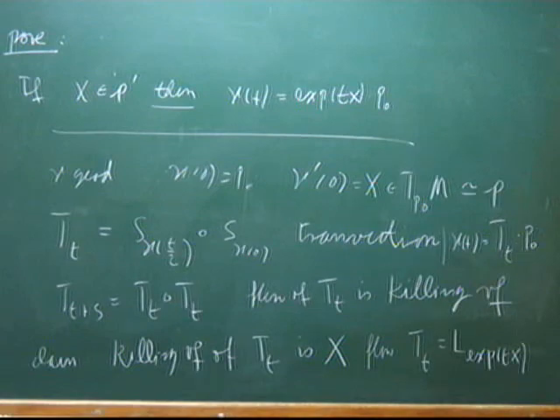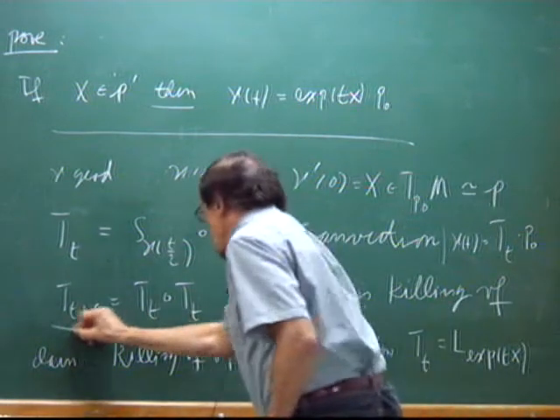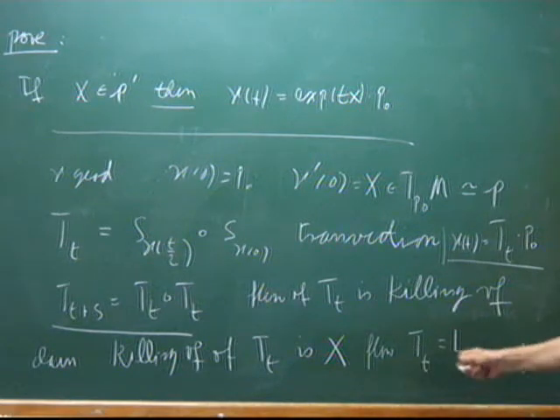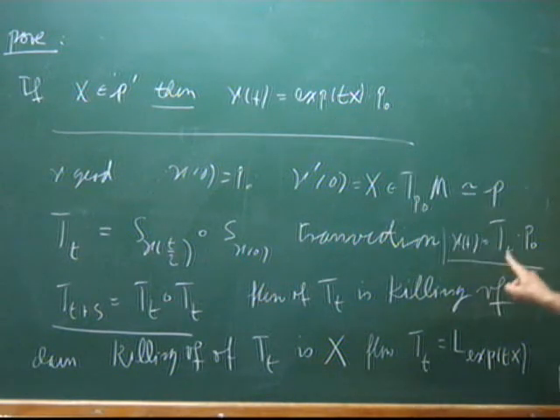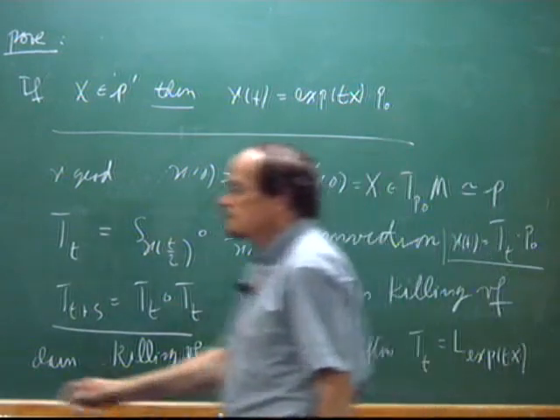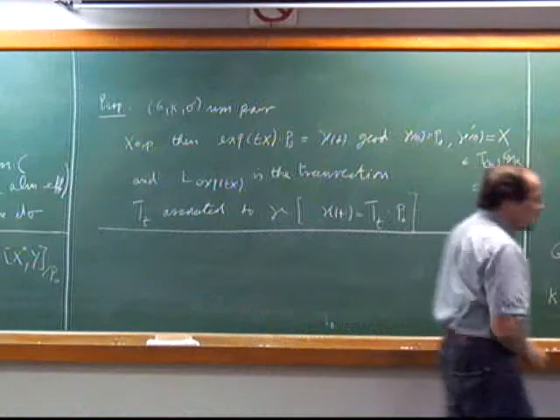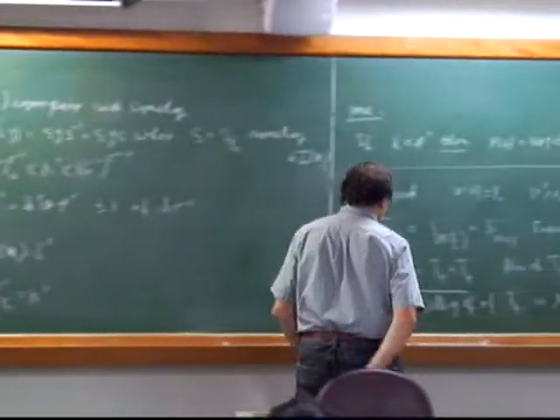Okay, these were all properties. So this and this were the main properties of transvections associated geodesic defined in this fashion. And I want to show that this is true, and then this follows from this. So to see this, what I'm going to do, I'm going to show that